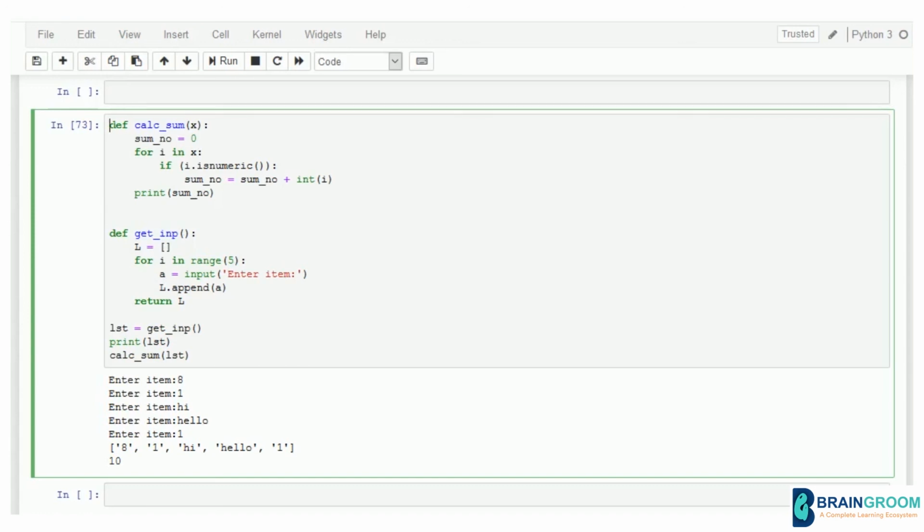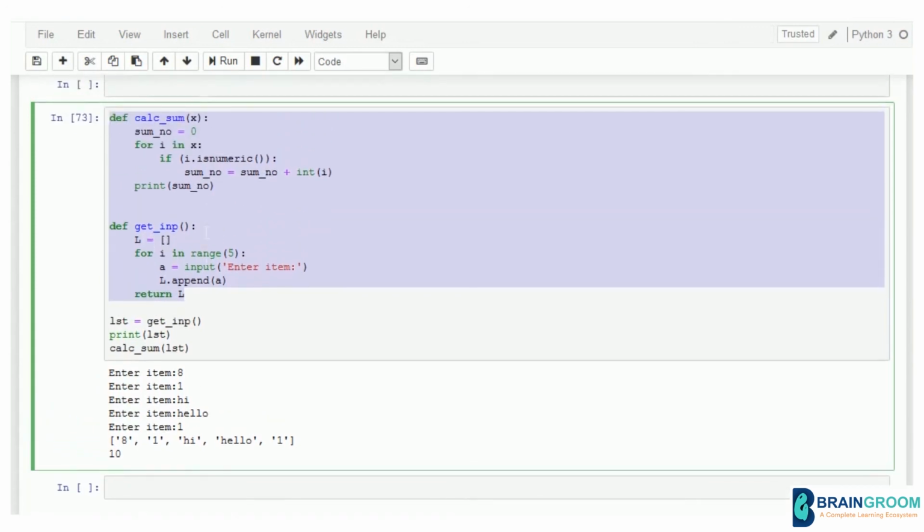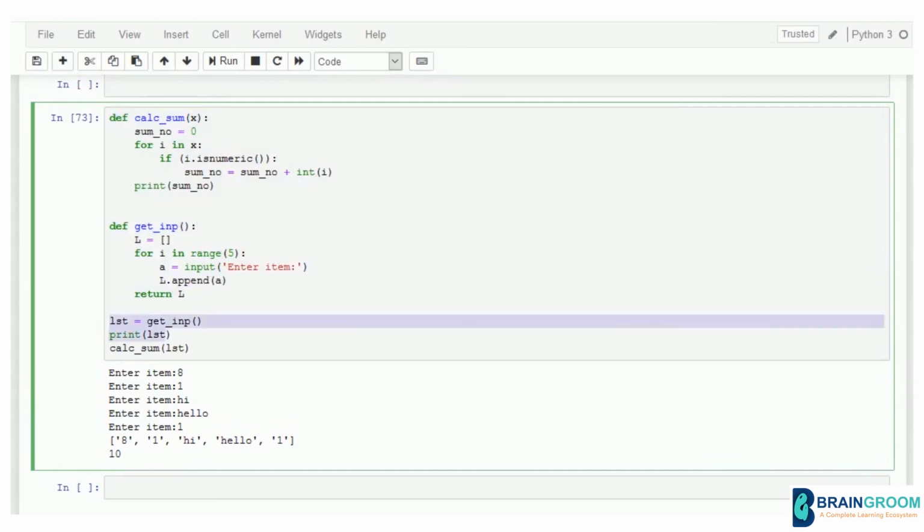As I said, the order of function definitions does not matter because these are not going to get executed, right? So you can give this function before here or this function before this, it doesn't matter, as long as you get the definition right, and you need to maintain the order in getting the function calls. So the flow will come here. First it will check for the statement, get input is what you are calling first, so this flow will go over here, it will get this list and return the list here, and I am storing that list in LST, and you pass that LST to this calcsum function. So you can do it this way too.